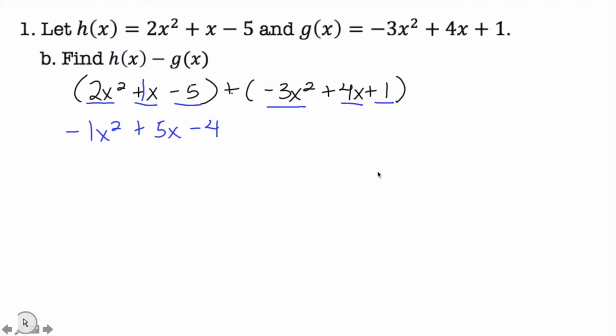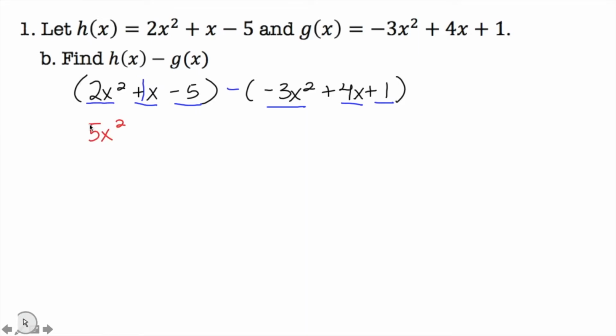And then part B says find h of x minus g of x. So we're going to do the same thing, but instead of adding, we're subtracting. So we can just get rid of this answer and change this to subtracting. We'll change our color too. So we have 2x squared minus a negative 3x squared, so minus a negative is plus, and 2 plus 3 is